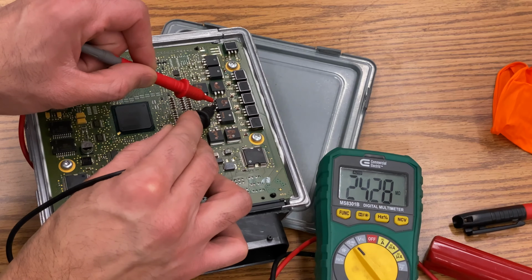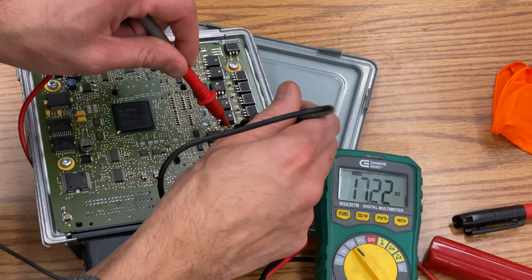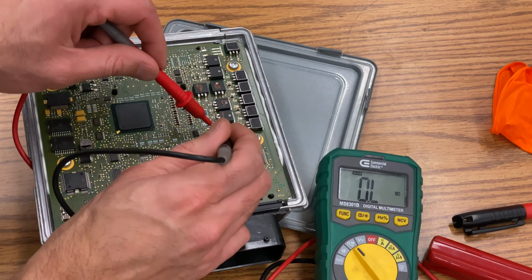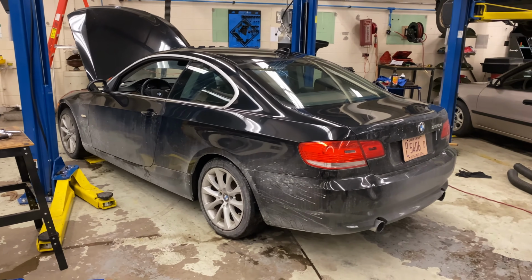I already did. And I found out that on number 2, you'll see that one's to the center, that one's to the left, and boom, I have continuity. We got about 62 ohms, 63 ohms of resistance. So that one's bad. I already labeled it bad. And again, I checked all the other ones, and none of the other ones had continuity. So I know that MOSFET's bad. And that's pretty much going to conclude our